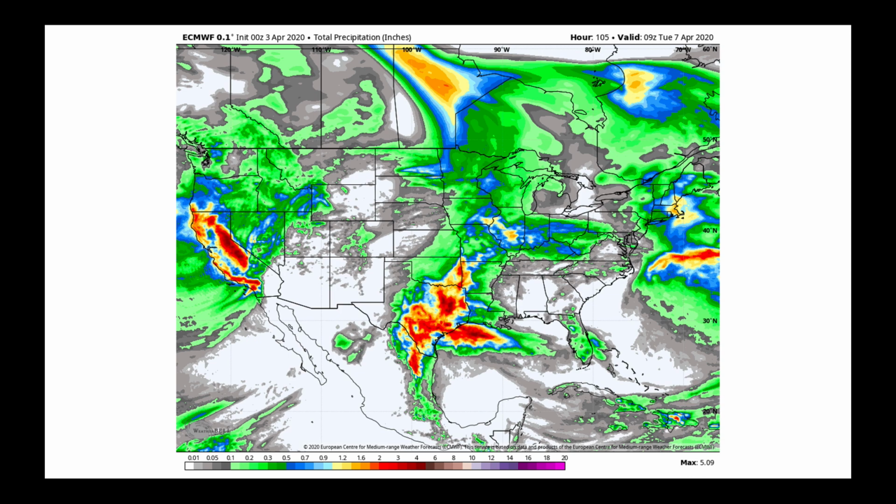And you notice that if you're in the southeast, so from basically, I'll just call it Mississippi all the way to North Carolina, chances of precipitation are relatively light over the next few days. So this again gets us out to early Tuesday morning. And it's going to be along that main frontal boundary that we're going to be watching most of our precip,